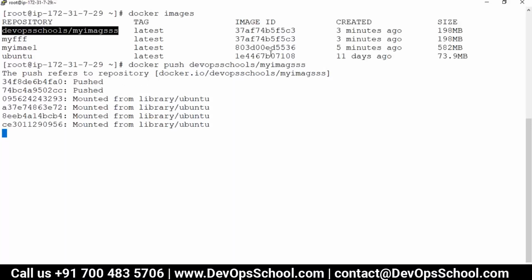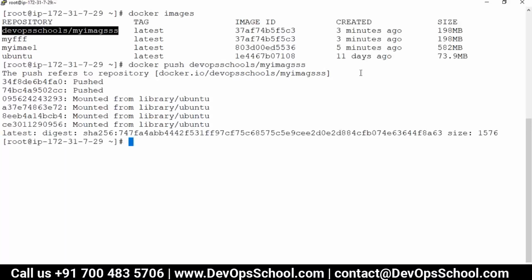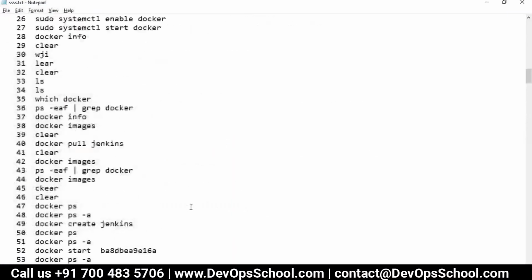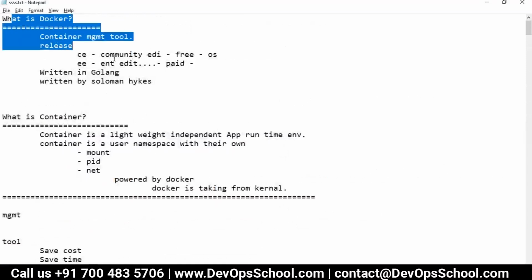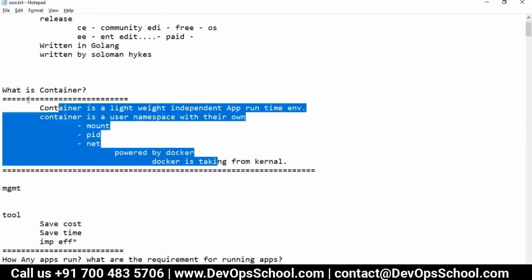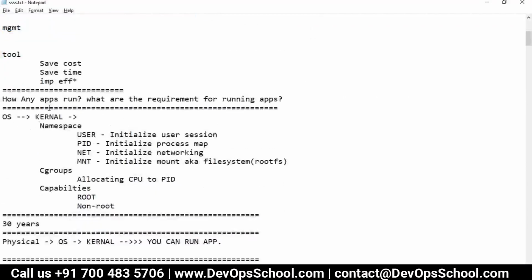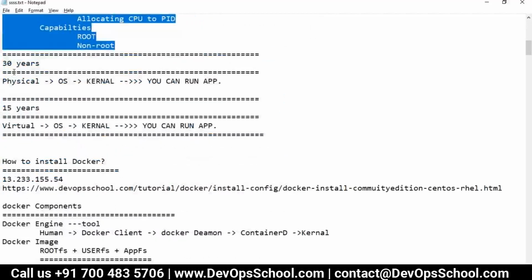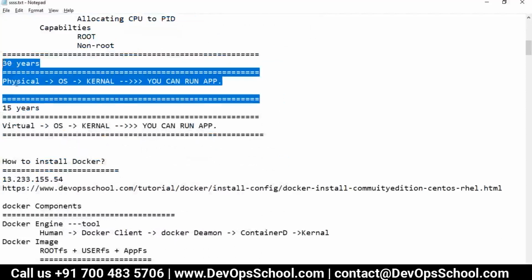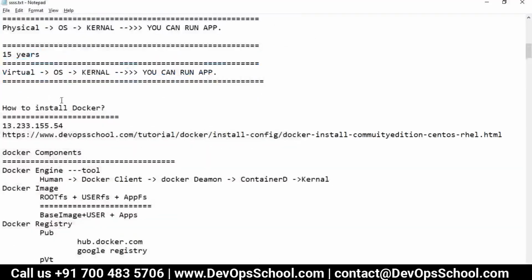Did you understand that, guys? Yes, Rajesh. Okay, so guys, I tried to complete the flow with all this stuff, but again, lots of things you have to learn. So we discussed what Docker is, then what a container is, then how the application runtime environment works. Then we saw how we evolved from physical machine to virtual, and virtual to container.